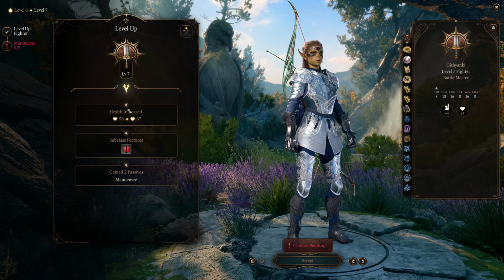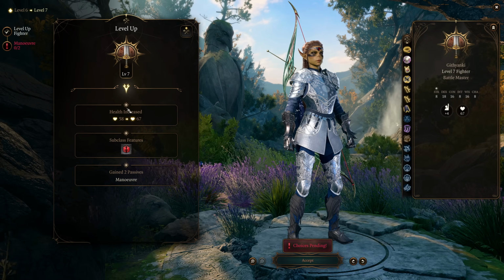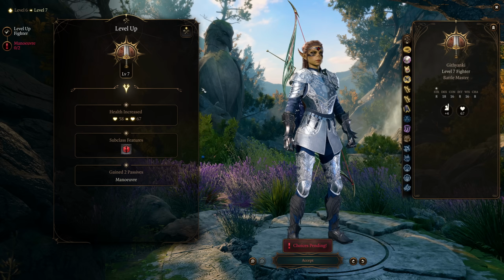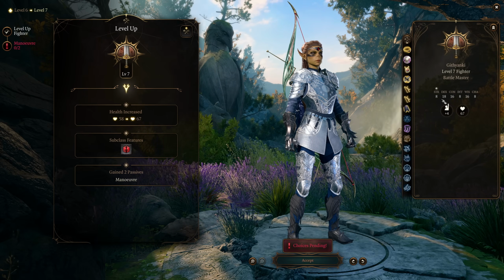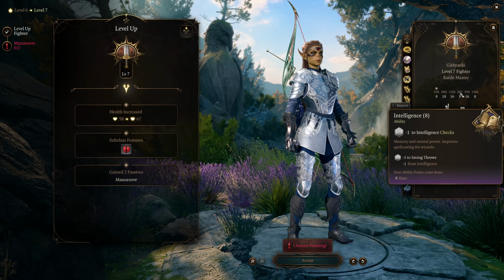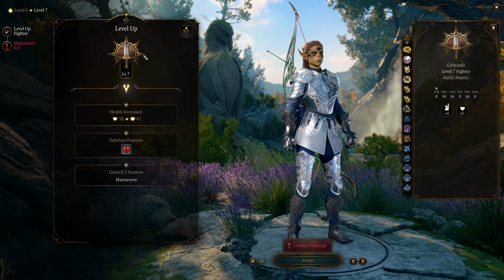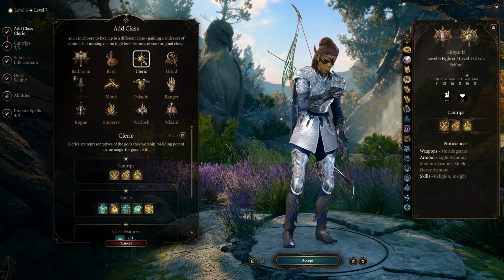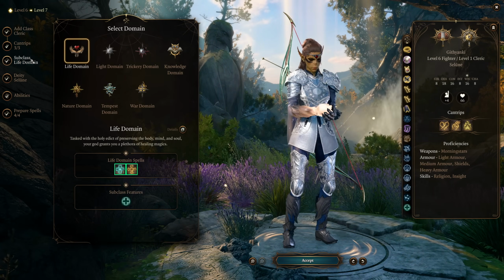So we could, of course, just take Fighter all the way through, and that would be an extremely powerful character as well. But there's a level in another class we can take that makes this character significantly stronger. And now we've got a lot of the best things from Fighter. At least at this point, we're going to keep going in Fighter after this multi-class. But this 1-level dip is going to make the character significantly better. We're going to add 1 level of Cleric, and the reason for this is that we can take the Cleric